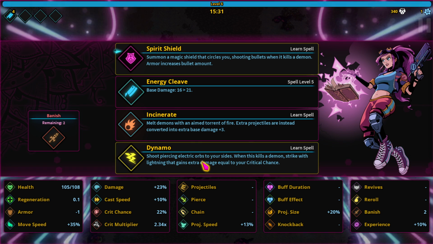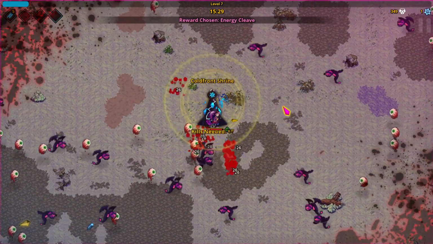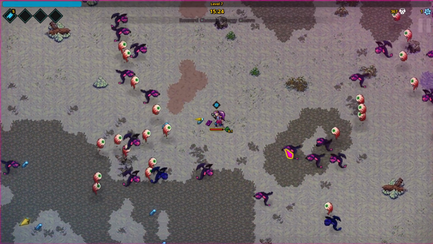Dynamo, shoot piercing electrics over to the side. No. Melt demons, so it's fine. Nope. Summon magic skills. No. We're gonna go with base damage on this. Cold front, very nice. I do realize that the more it takes me